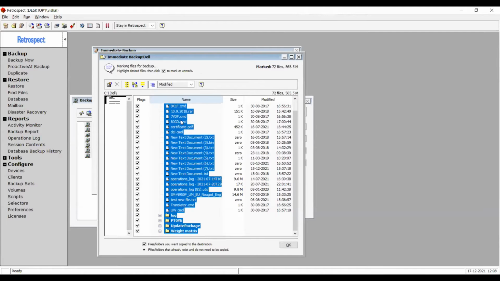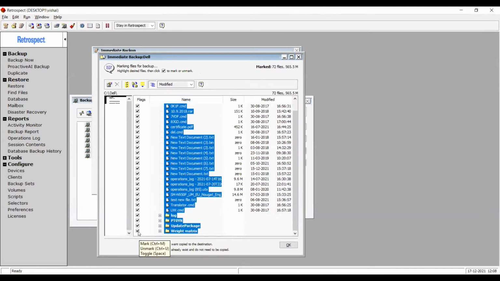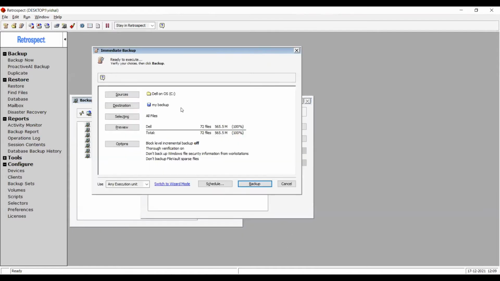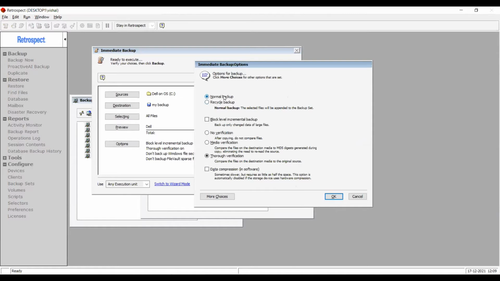In this case, it's the Dell folder. And you can see all the files are marked. They have a right check mark there. That means those files are selected for backup. I see the count, it is 72 files. If I let this backup go, there are a few options also here. If I do a normal backup, which means an incremental backup. If I do a recycle backup, that means I'm erasing my entire backup up to now, and I'm starting fresh as if the backup was never done.